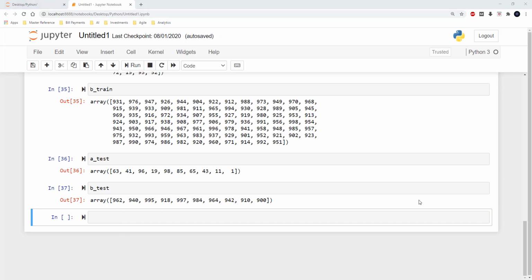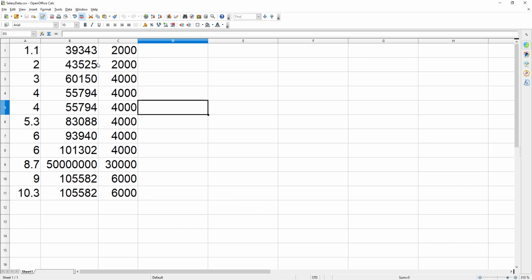Now I will show you a very simple example on how to read a CSV file into a NumPy array and split it into the train and test datasets. So here I have a CSV file, and this file has 3 columns. The first one is the experience, the second column is the salary, and the third column is the credit card limit.